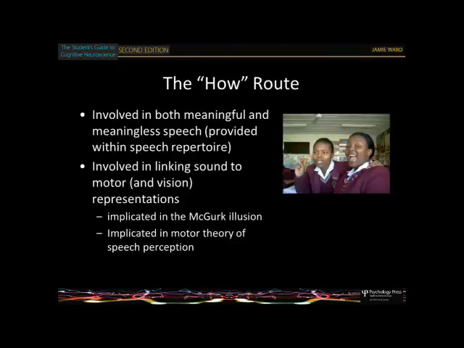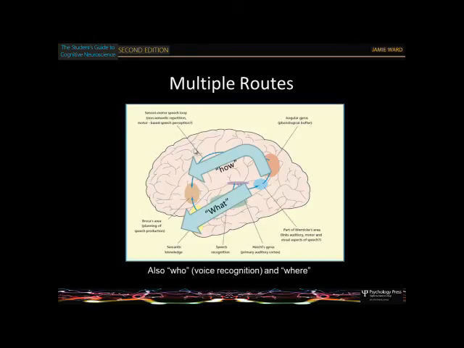So the how root is seen to be involved in the McGurk illusion, for instance. People debate whether the McGurk illusion is happening in this part of the how root or that part. But either way, it is happening in this root and not that one there. So the idea is that you're taking your speech sounds and matching them onto motor and visual representation. So in the McGurk, the vision of what you see is giving you a distortion of that. Most people remember that from the previous one.